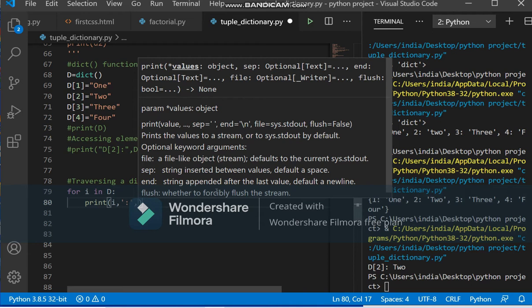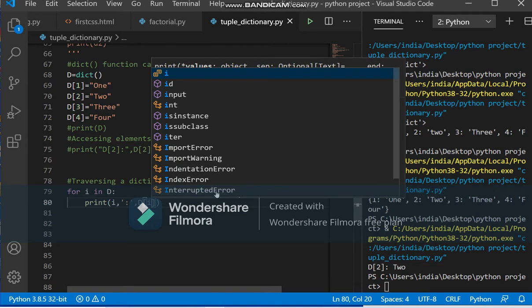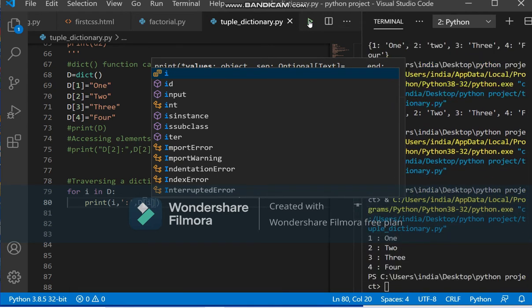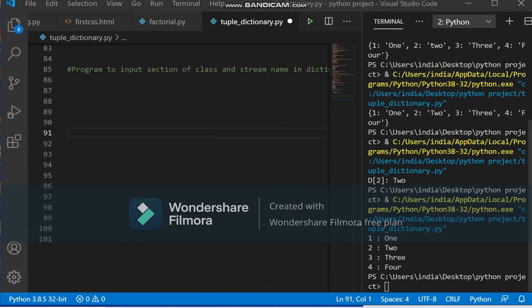Because we have key and value here, the key will be printed using I and the value will be printed by D of key. And because the print statement always has a newline character by default, each item of the dictionary is printed one after another in a tabular format.